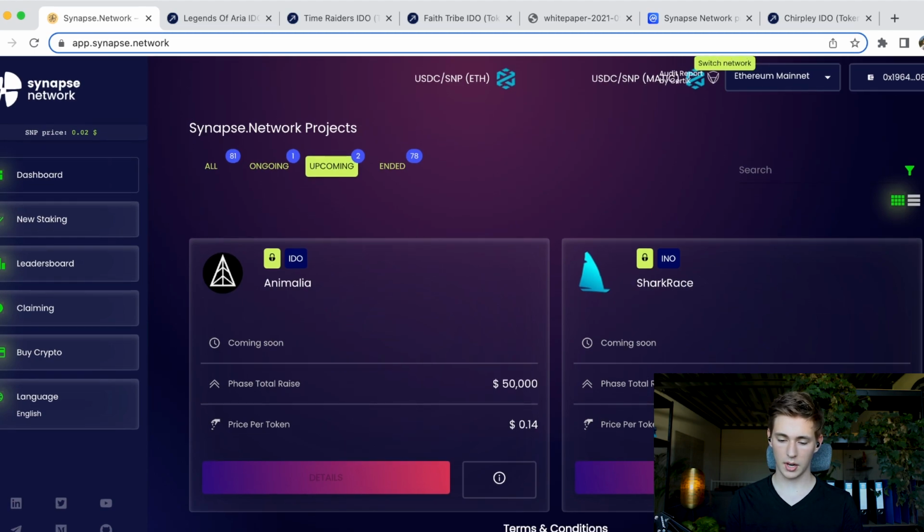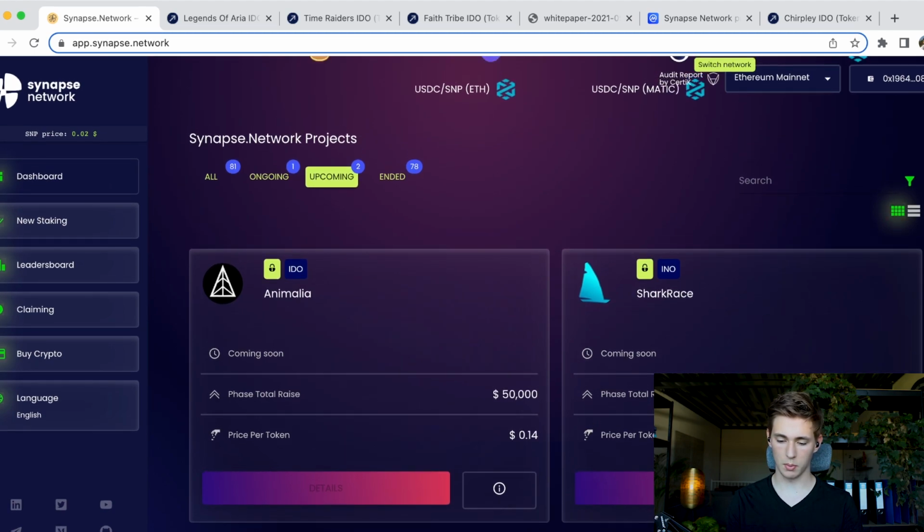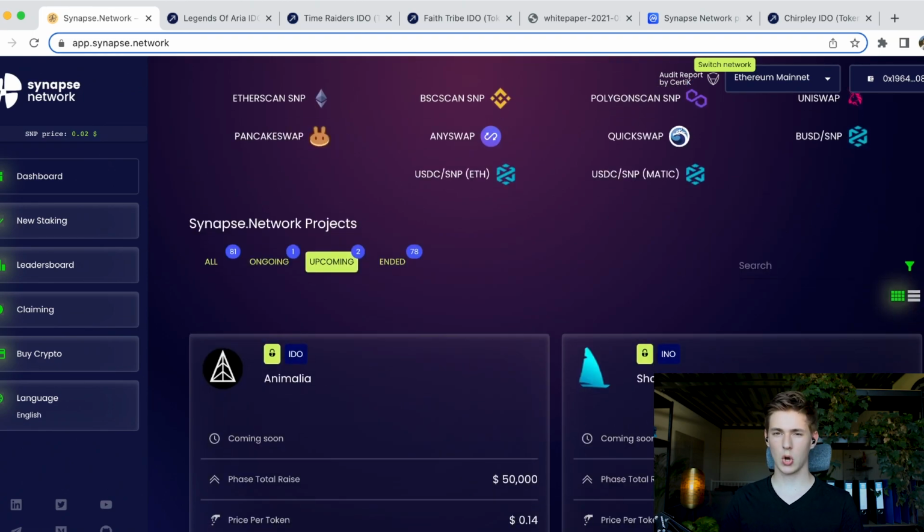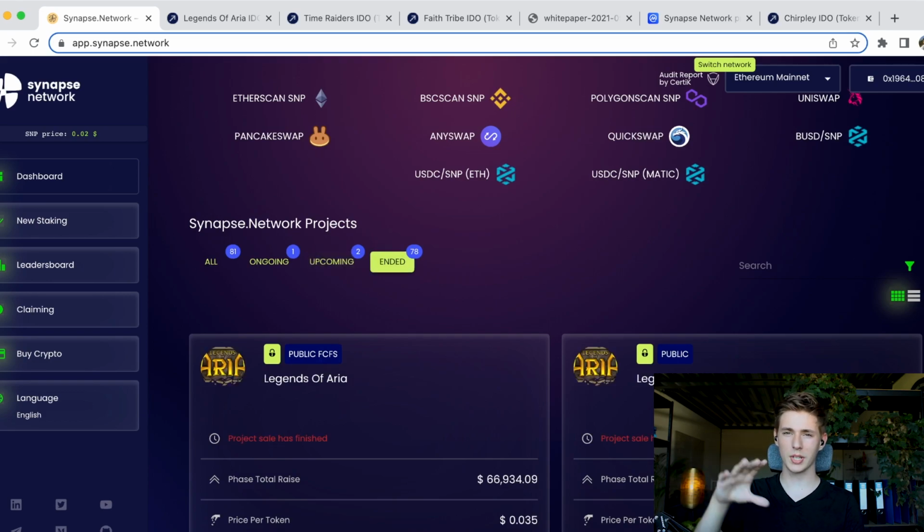So we are not able to click on the details for some reason. Maybe it is because they want me to log in first, which would be really stupid, but okay. Here you do see a lot of information already. The price per token, the phase, and coming soon. So as far as these projects go, I don't really know them. I've never heard of them, so I'll have to do a little bit more research in order to talk about them. What we can already see is with the ended projects, how they perform. So again, the ongoing project, Chirply, very bullish. Now, what have been the results of some of the other launches?